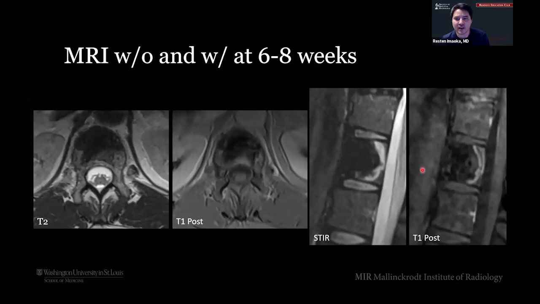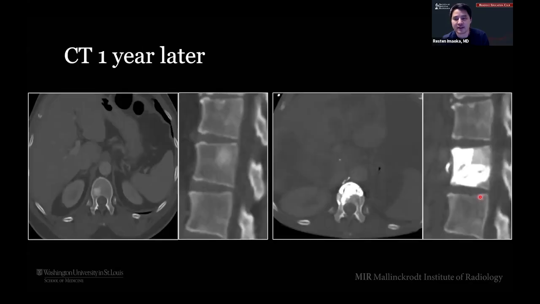And then this is what it looks like about 2 months out. All right, so here we've got our T2s or T1 posts. You can see the post-ablative changes here at all this cement and dead stuff here. And then it is normal to see this rind of granulation tissue at the periphery of the ablation zone, right? So this is not any residual disease or anything. This is just viable granulation tissue at the edge of your ablation zone. And if we look at a CT 1 year later, these left images are the initial, these right images are obviously the post with the cement in place.